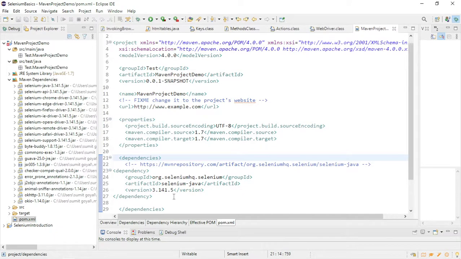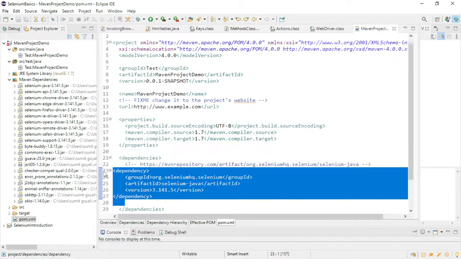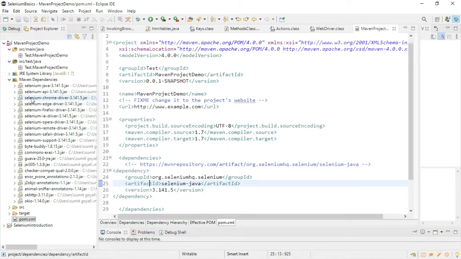So what will happen if I give this project to some other person? This line will pull all the dependencies and place them into the local machine, so his project will not fail because we are not providing any hard coding, right? It will automatically place them. That's the reason we should use Maven.